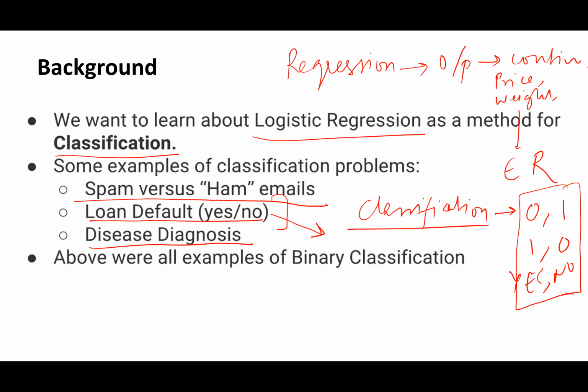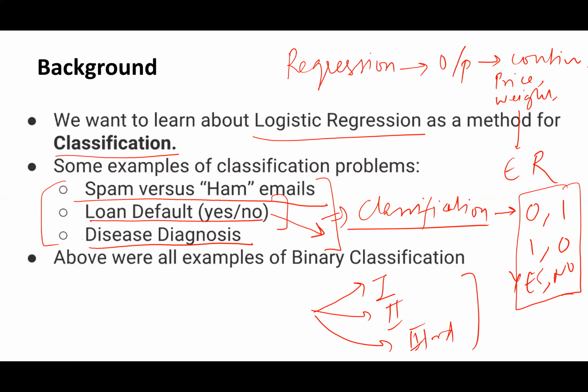Then disease diagnosis. We can go through all kinds of blood tests, urine tests and other fluid tests of the body, and the report will say whether we have certain diseases or not. Based on all these different features, my output belongs to one class, whether we have it or don't have it, or whether it is first, second or third grade cancer, or what stage it is in. When I want to do this kind of division or identification in my data, we address this problem as a classification problem.